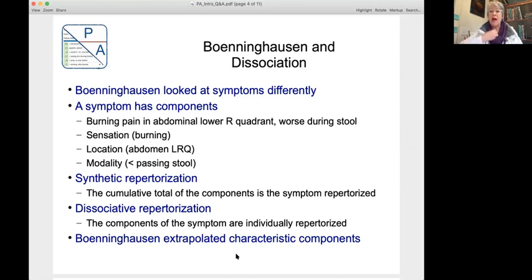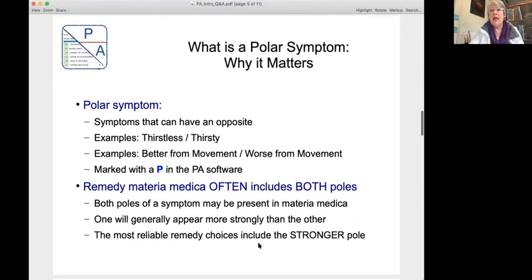Now, when I was studying originally, and until I met Heiner at this conference and talked with him, I honestly kind of thought that Benninghausen was old hat. And there's a couple of reasons for that. Benninghausen was pre-Freud. And after Freud, we started a much more mental, emotional emphasis on things. But Benninghausen had discovered something that is universal and useful in identifying accuracy, whether we're looking through emotional things, physical things, anything. And he called these